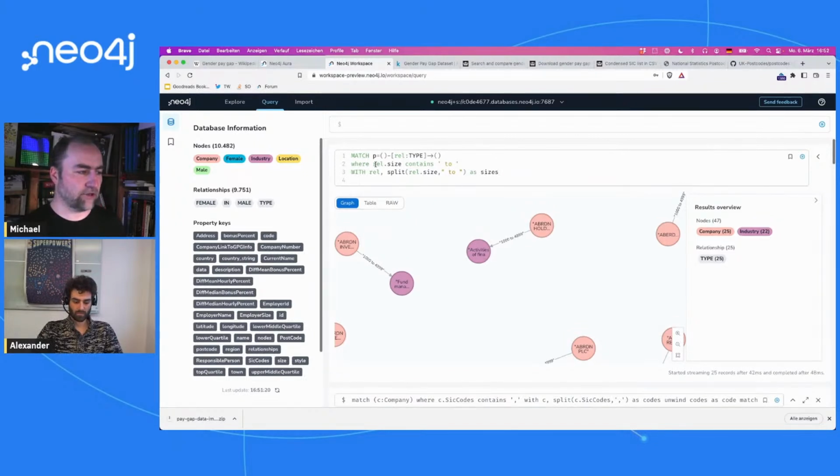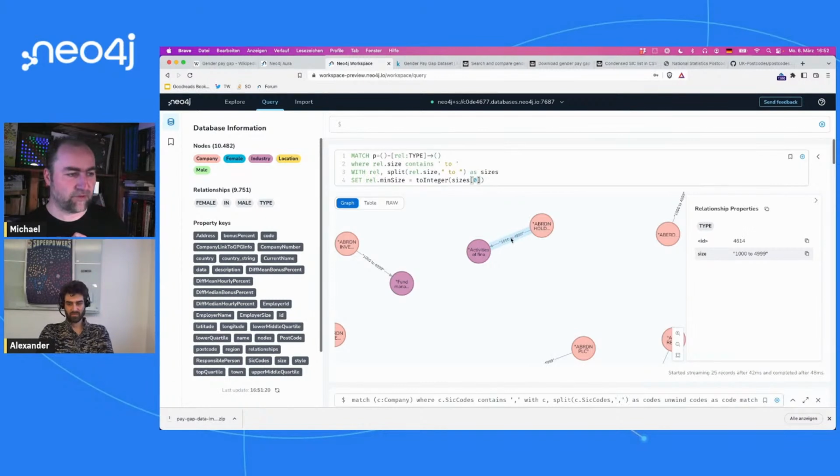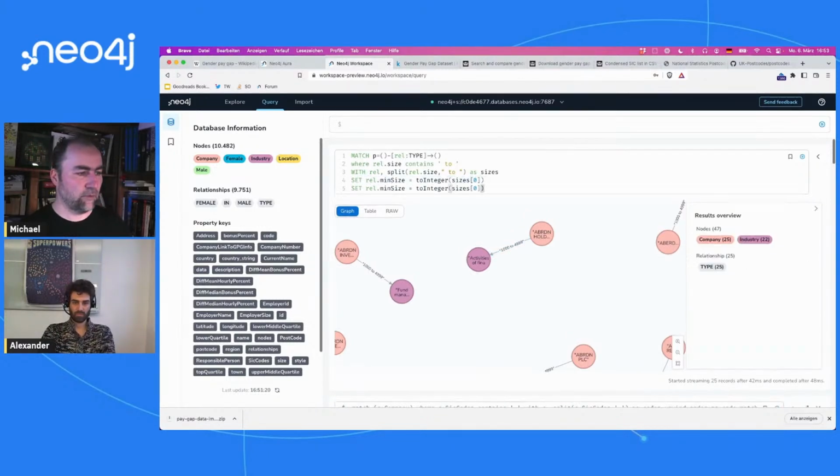And then we can just set rel.min size equal to integer of sizes of 0, so the first element. Because if we split this 1,000 to 4,999 by the dash with the spaces, the zeroth element is the 1,000, and the upper limit is basically the 1. So this should give us hopefully